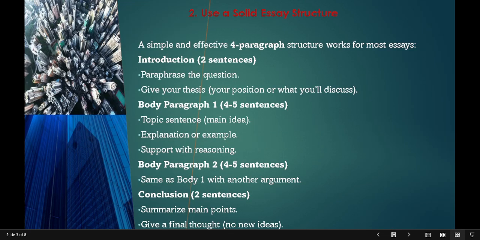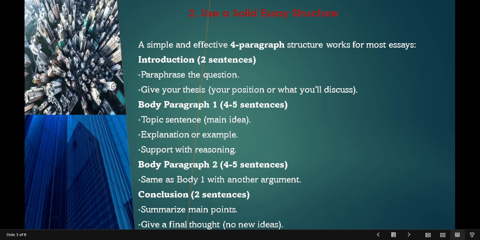Then the second trick to successfully answering the IELTS Writing Task 2 question is to use a solid essay structure. This is one important thing that most people fail to recognize. You need to have a perfect